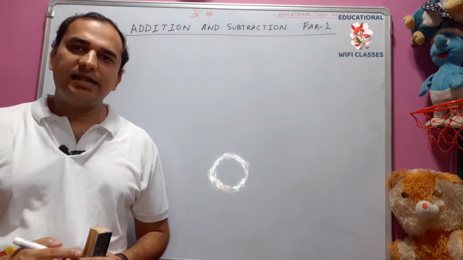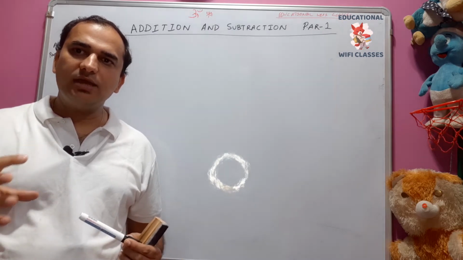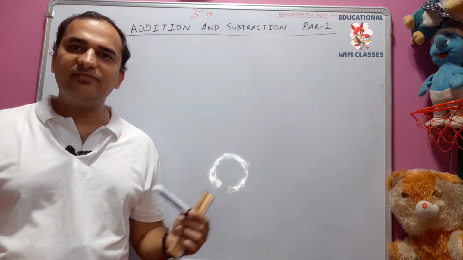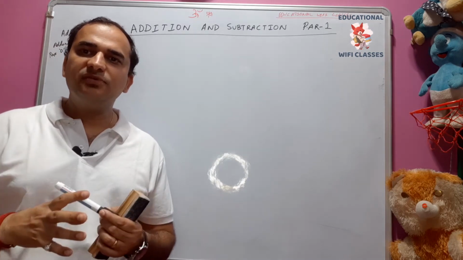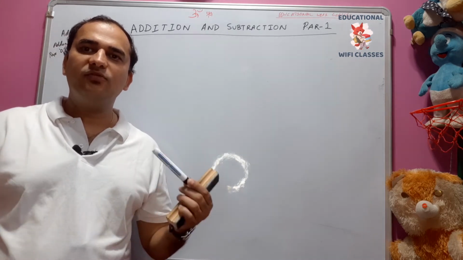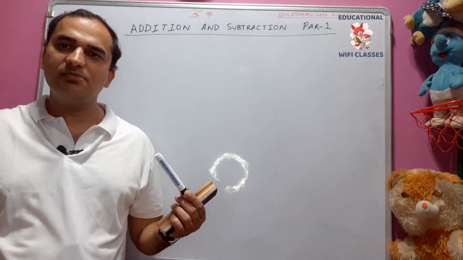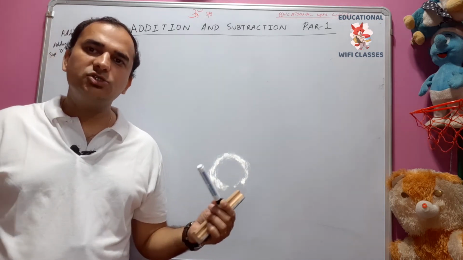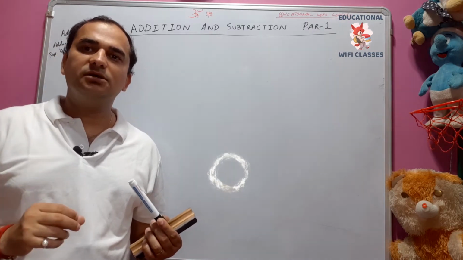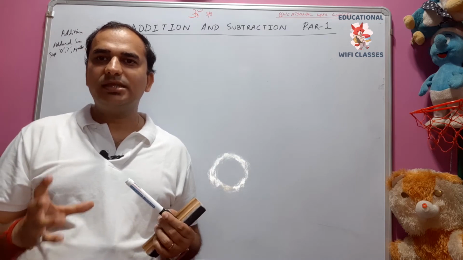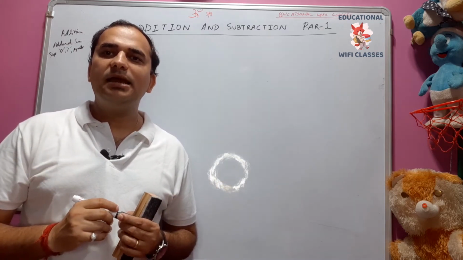So what is addition? Addition means when we are adding up things, or bringing things together collectively, they are called added. Whenever we add, the things will grow. It means it will improve. Like before we have two items, now you have 5, then it will become 7, then it will become 10, because you are adding up, or you can say you are putting the things together. Whenever you are putting things together, it will increase, it will never decrease. So we call it addition.